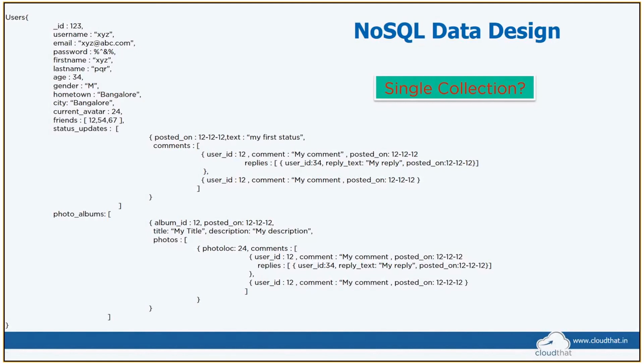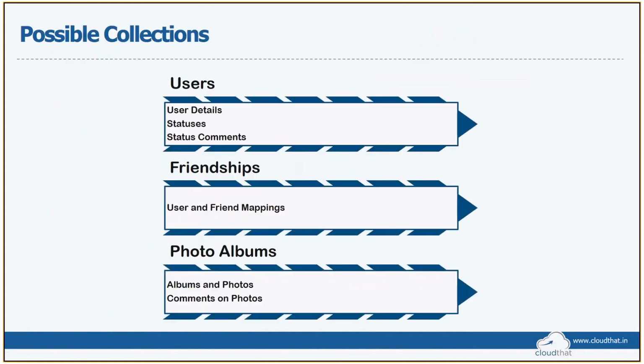So here, the possible collections could be users, in which I have user details, the statuses, and the corresponding comments of the statuses, where I can also divide the comments into the top 3, which are part of my users collection, and a different collection where I have the remaining comments of a particular status. I can have a status ID there and have comments there. Along with that, I can have one more collection which just holds friendships, because I'm not querying for friends along with the status. I'm only querying for friends when I'm getting the list of friends. So there I can have users to friends mapping.